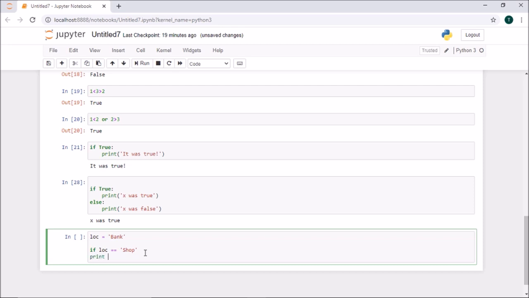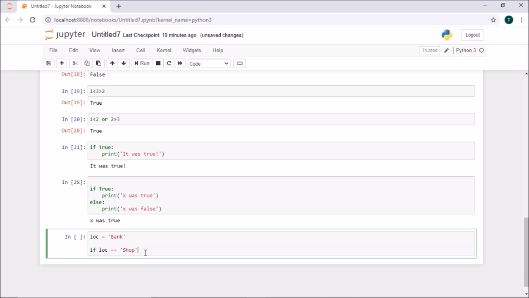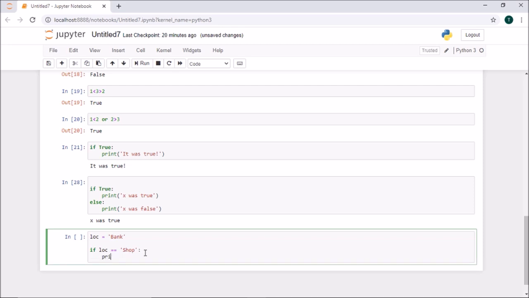Okay, if that value is exactly equal to shop, then print me a value, welcome to the shop. Okay, so if this LOC string is exactly shop, then I will be printing welcome to the shop.